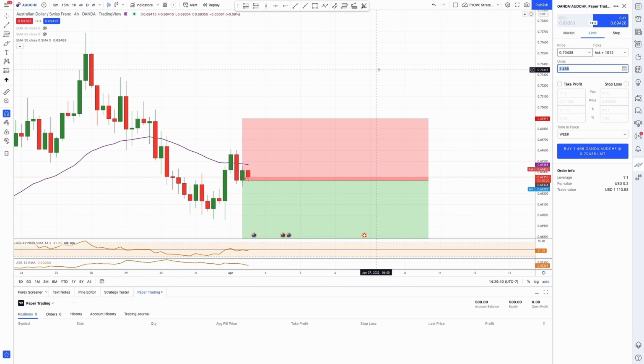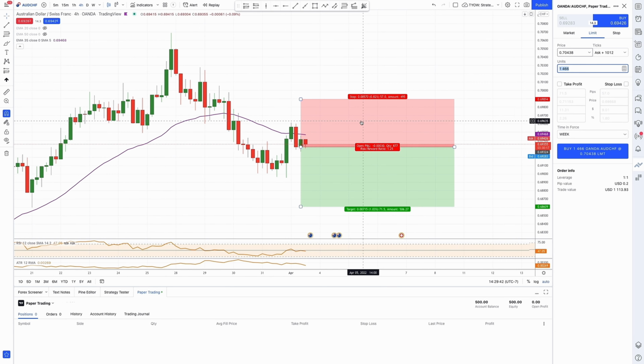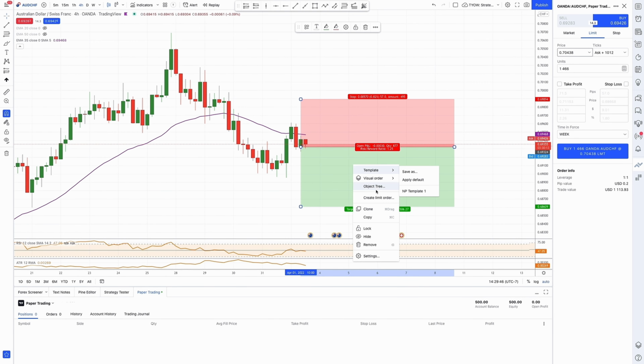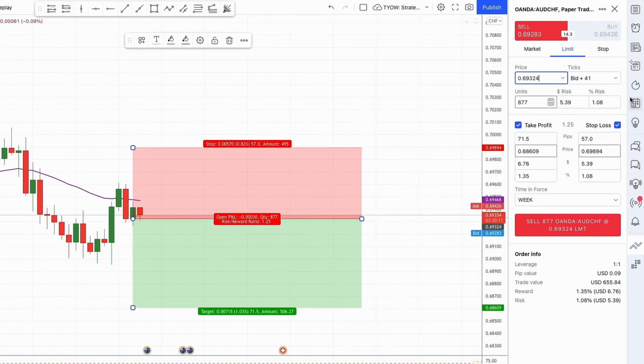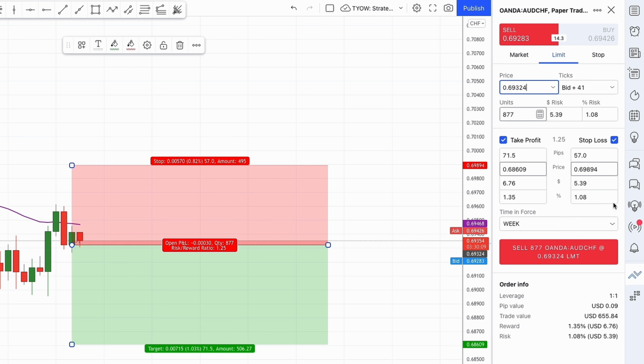It's not ideal. The easier way of doing it is to right click on the trade we have set up and go create limit order. We have all of this info filled in immediately. Our take profit and stop loss is marked by these points here, and we put in our risk, let's say 2%. We see 2% of 500 is $10, so it's calculated out the exact amount of units it will need to buy for this trade,